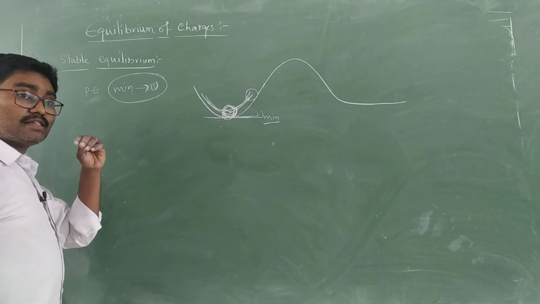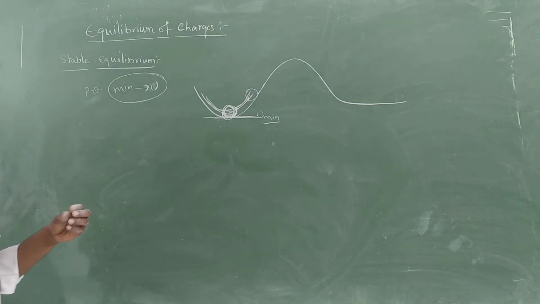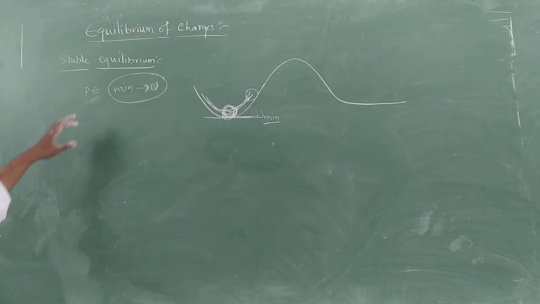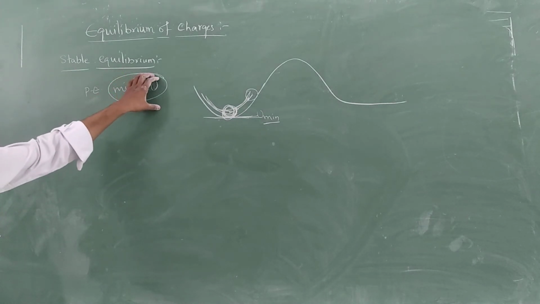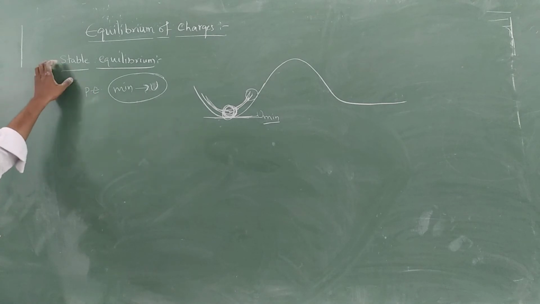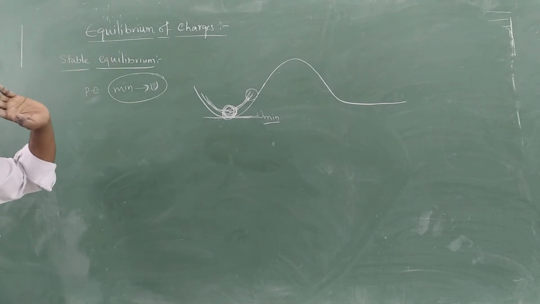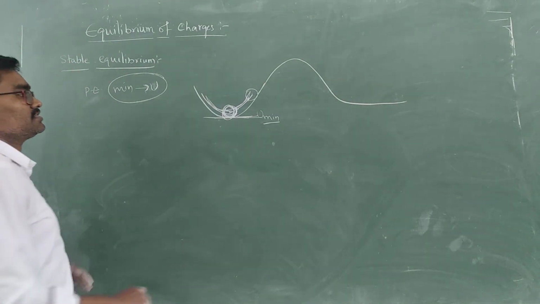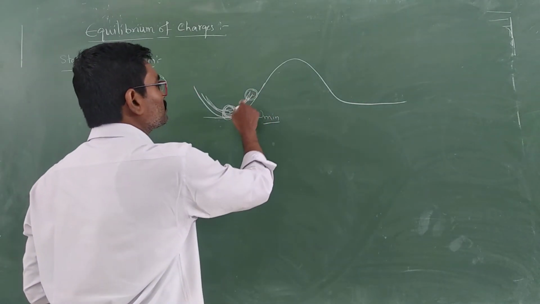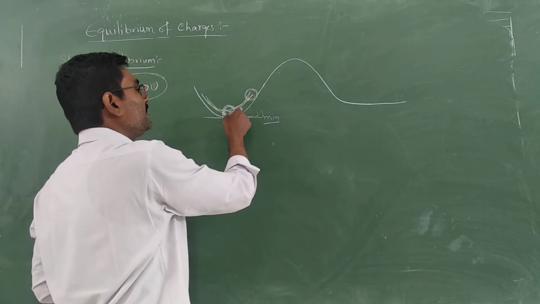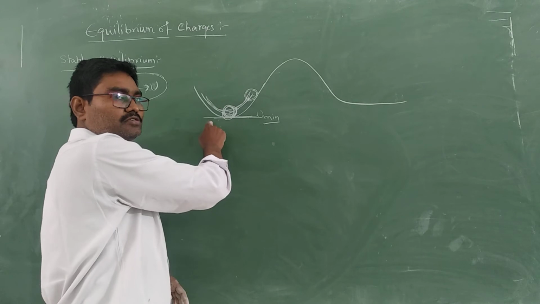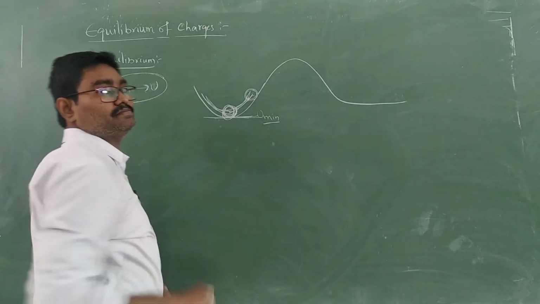Okay. Then second order differentiation we will see, that we will see in detail clearly in mechanics. Just see this. Potential energy should be minimum, so that this one will be in stable equilibrium. Right. Next. See here. That means, if you displace it from the mean position and release it, it comes back to its original position. So that is what you can call stable equilibrium.